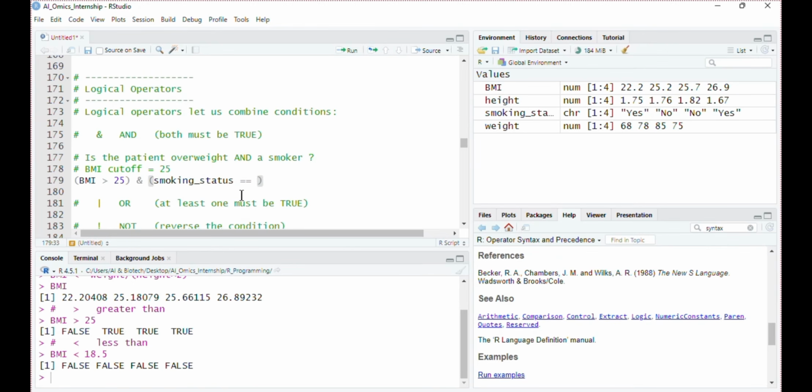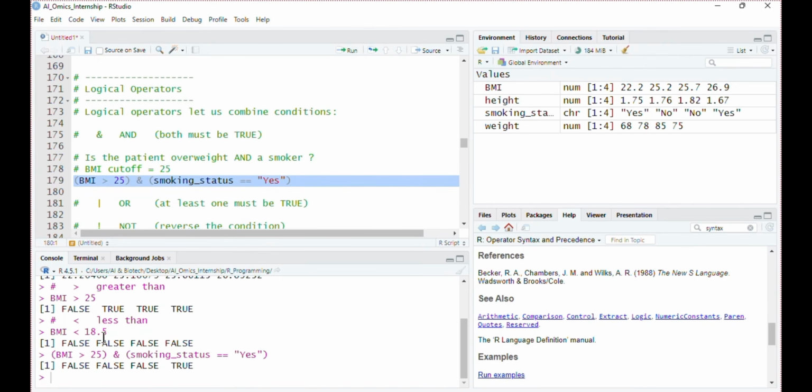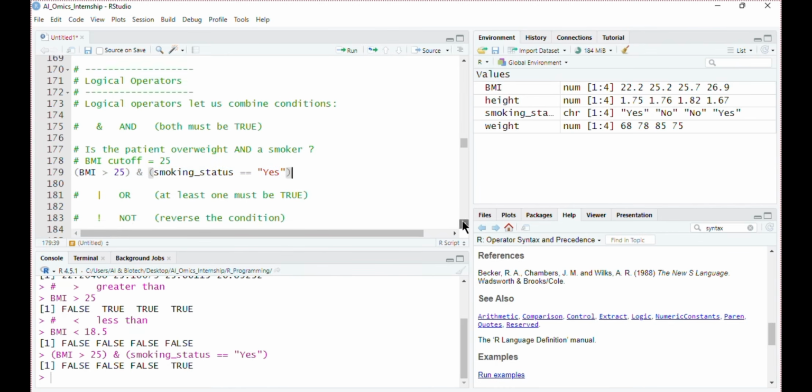In this case, I want to check the yes status, if the person is a smoker or not. If I run this line of command, the output is the first three conditions are false and the last one is true. What that means is, in our data set, we have only one individual whose BMI is greater than 25 and who is also a smoker.